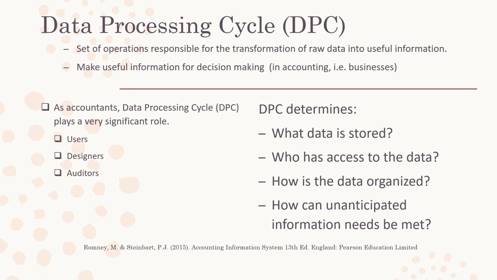Data processing cycle is a set of operations responsible for the transformation of raw data into useful information. So it makes useful information for decision making, especially for business owners. So as an accountant, we are the user of this ERP or AIS system. We are also the designer. We are also the auditor. So DPC is very important, and we need to understand the process of it because